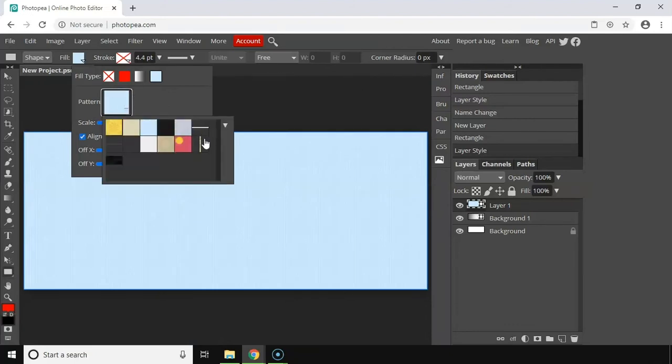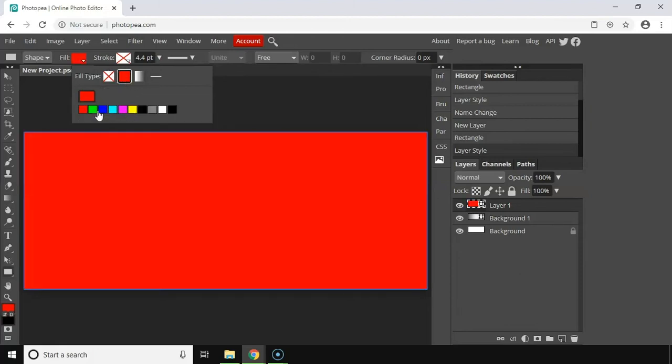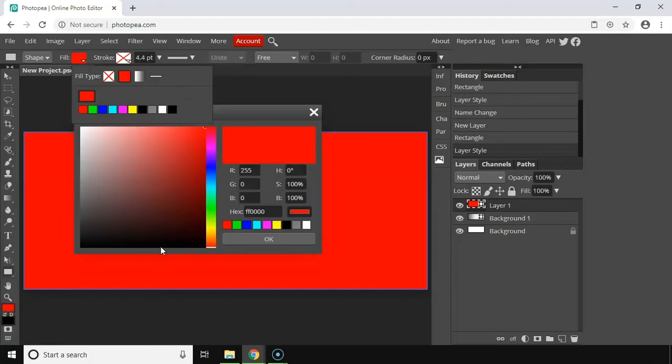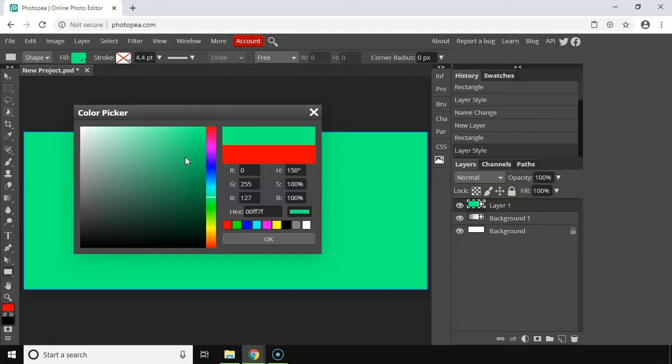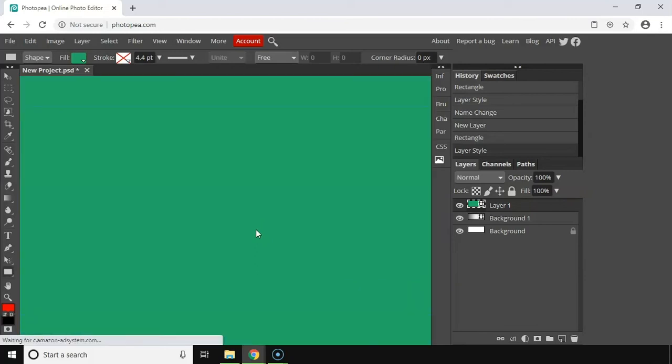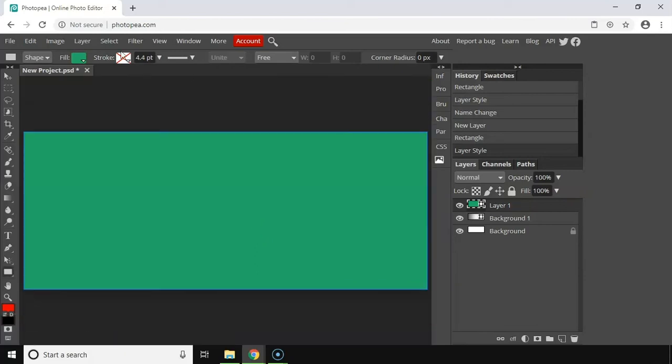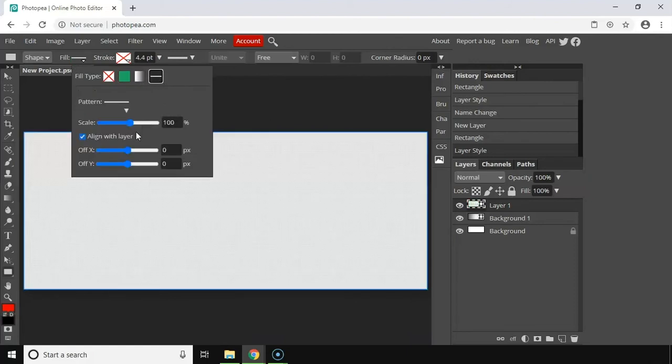Let's see if we can change the color a little bit. So I'm going to select maybe a green. So let's find kind of, there we go. And if I get close here, the pattern's not there, so let's try adding that one more time here. Okay, so that looks like you can't change the color of the pattern,